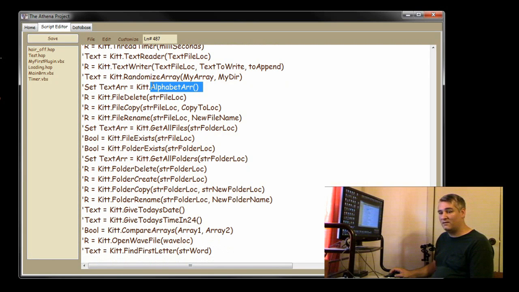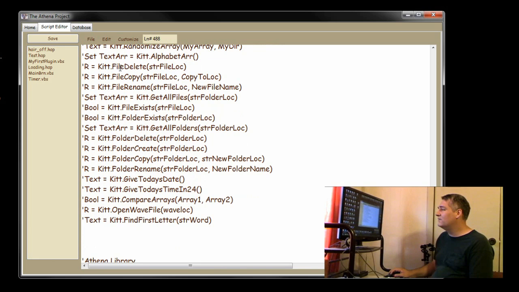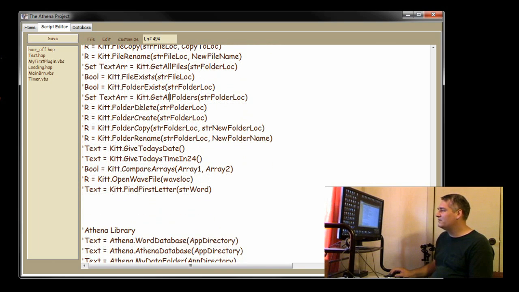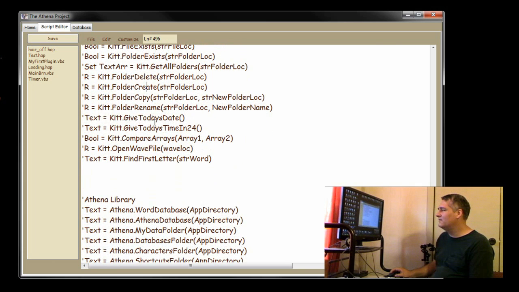Sentence back from that array of sentences. You can do that. It's alphabet array, an array of alphabet, which actually comes in handy occasionally. File delete, file copy, file rename, get all files, file exist, file folder exist. I mean, does a file exist? Does a folder exist? Get all folders, folder delete, folder create, folder rename, folder copy, give today's date in 24-hour